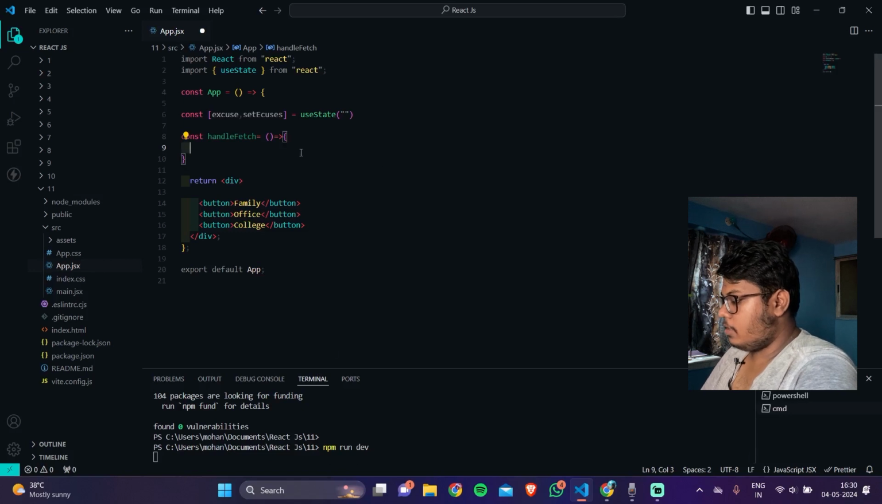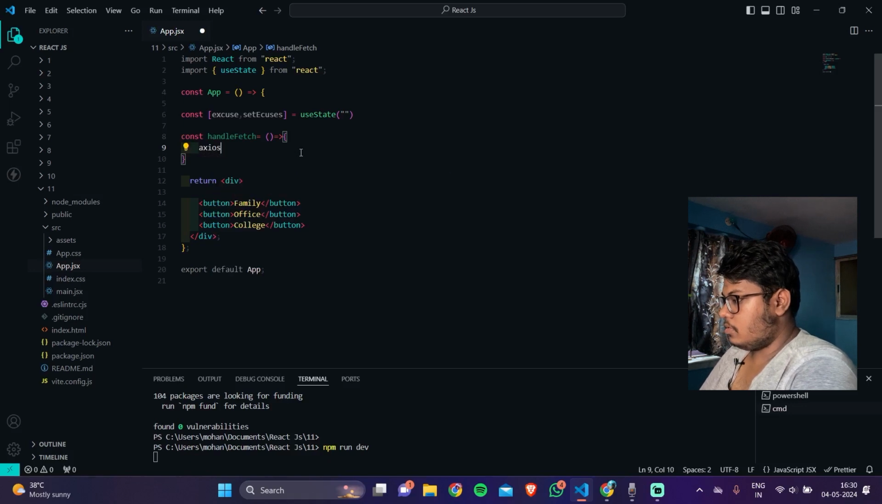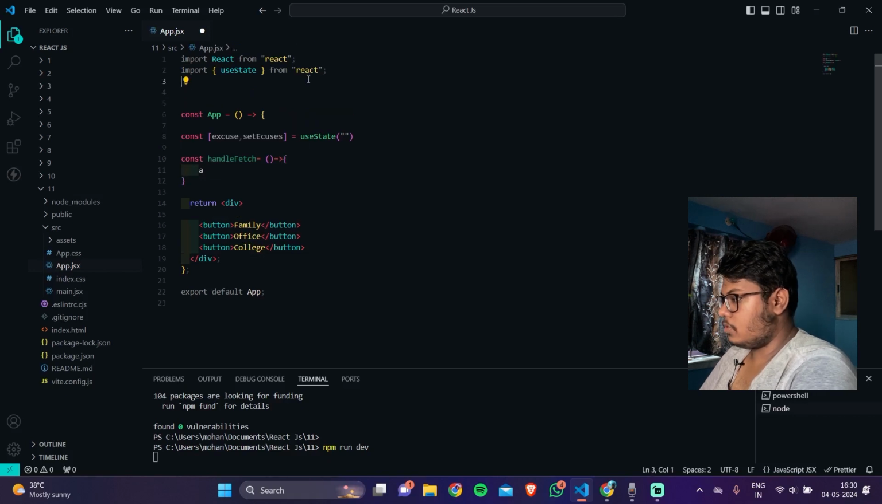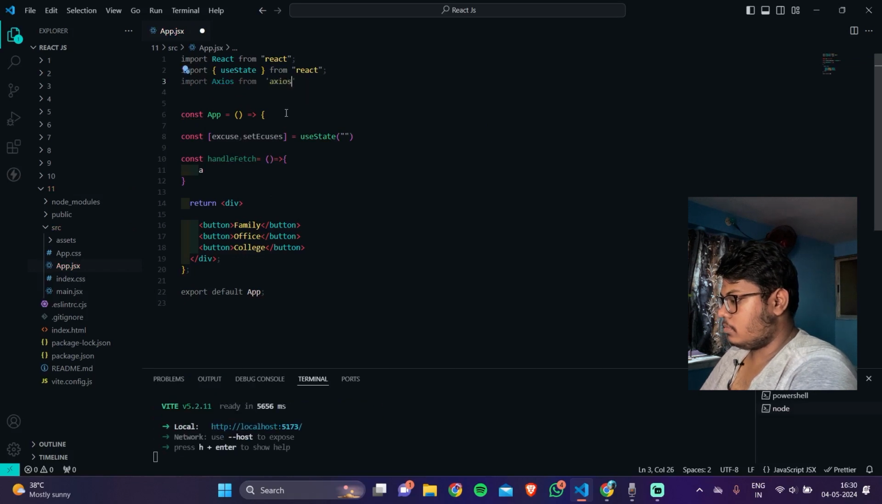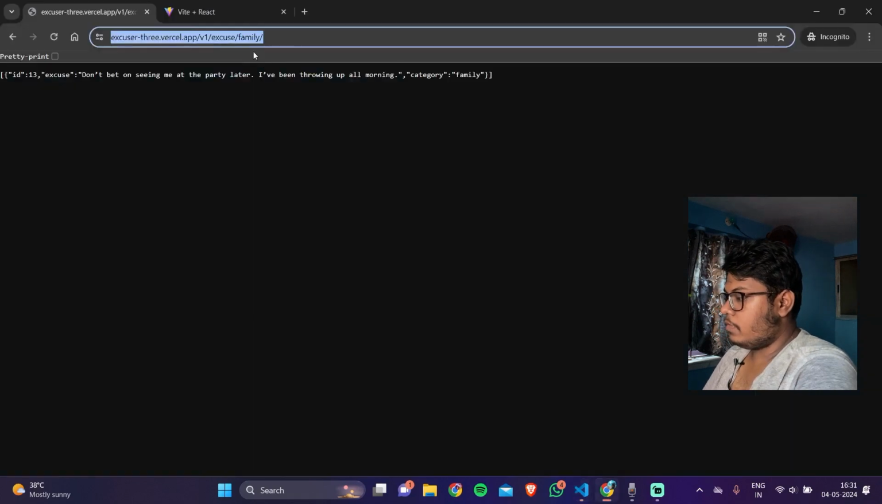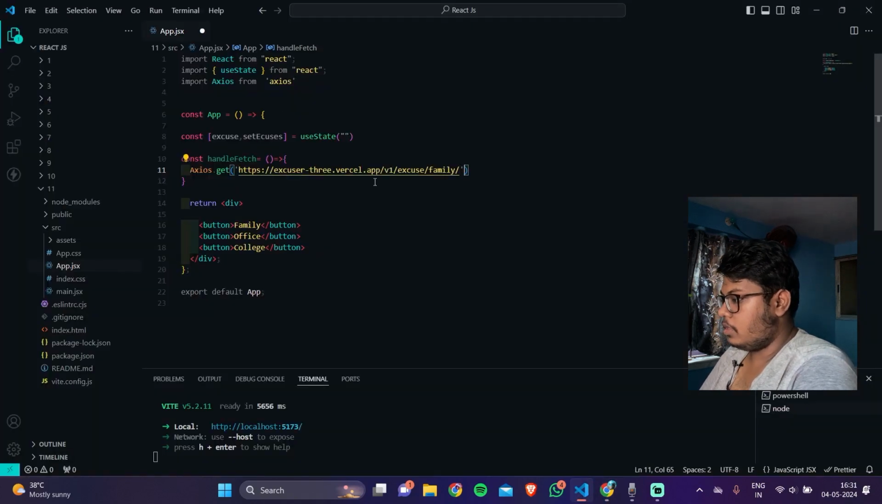Now in my handle fetch function I can write Axios. Now I need to import Axios from Axios library, so come back to the top of the app file. Now here write import axios from axios. Alright, now copy this Axios, and here within this handle fetch function I can write axios dot get. Alright, now copy one of the API URLs. So let me choose family here, paste it here within inverted commas,